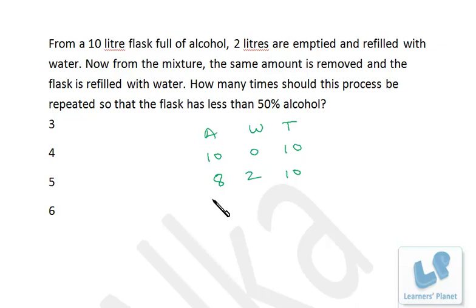So in the next step 20% of 8 will be reduced, that means 80% of 8 will be there, so it's 6.4, right? It will be left. Further, 80% of 6.4, that will be 5.12, that will be left. After that, in the next step, the amount will be less than 5. That means overall less than 50%. Okay, so first operation, second, third, and in the fourth operation, or after completion of the fourth operation, the amount of alcohol will be less than 50%.